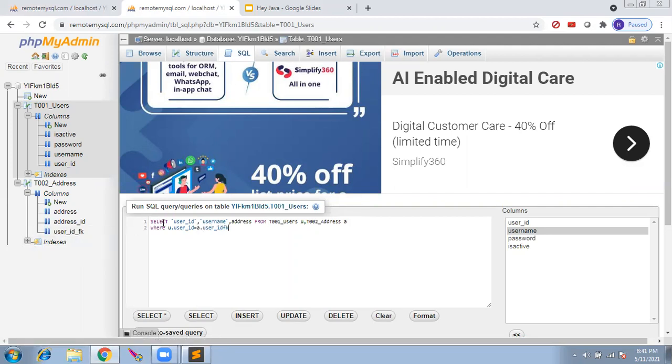I am saying that this column in the address table, user underscore id underscore fk, and the primary key column in the user table, user underscore id, are both equal. So you link these two tables with this column and find me all the username and address.